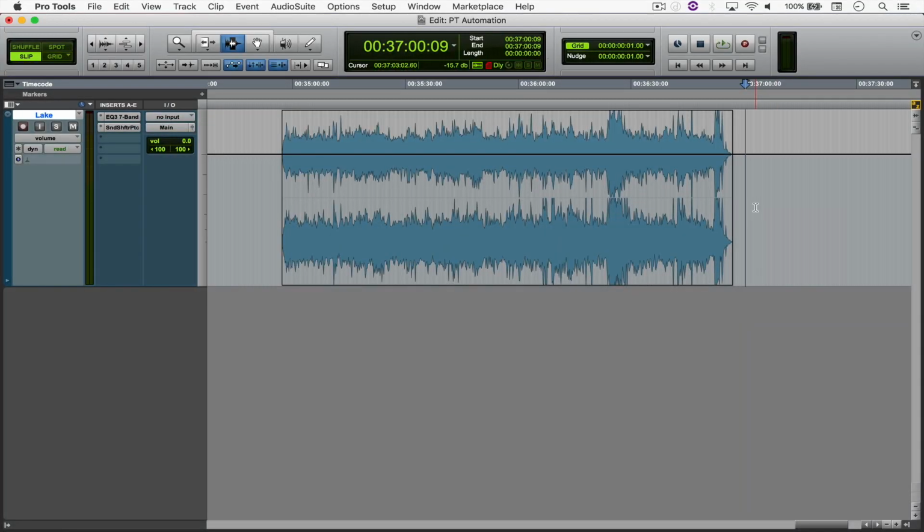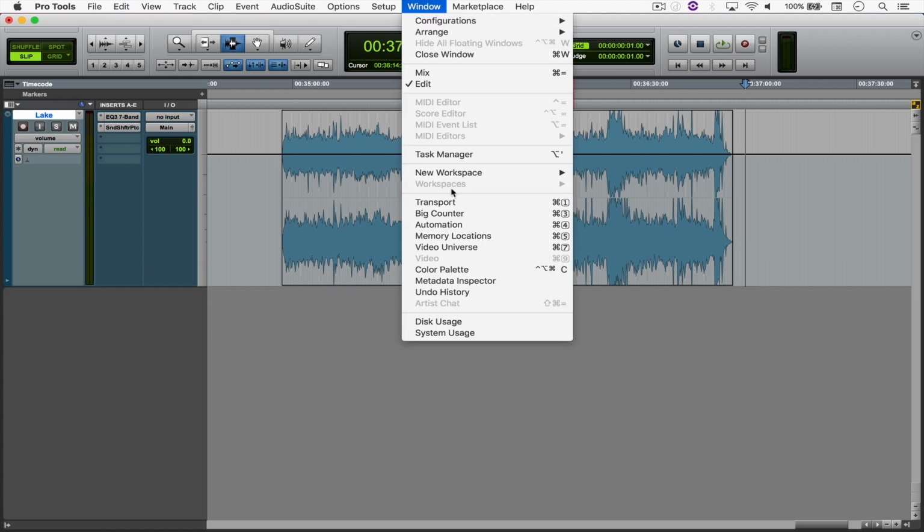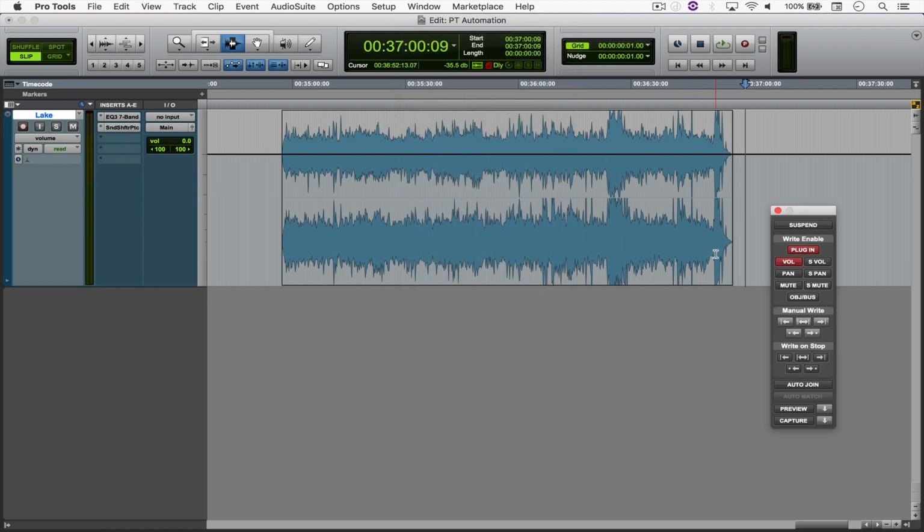Alright, so we're going to begin by opening the automation window from Window, Automation. If you're using the standard version of Pro Tools, you're definitely familiar with this top section right here. Probably not with Object and Buzz automation. What this is referring to is object-based automation for Dolby Atmos. I unfortunately don't have access to Dolby Atmos, so I'm just going to be focusing this tutorial on the bottom